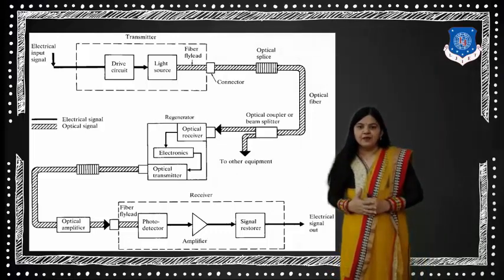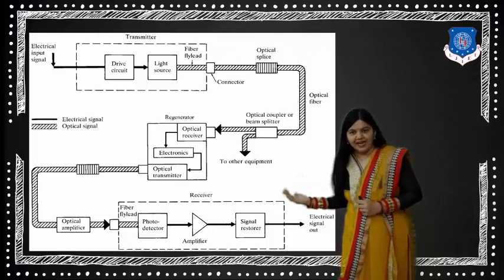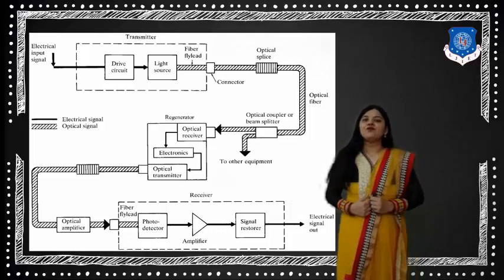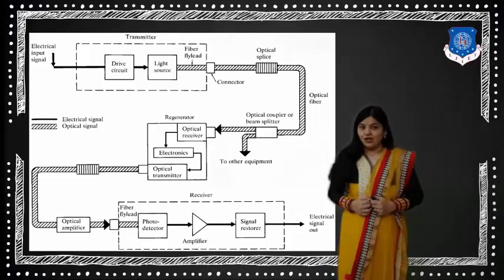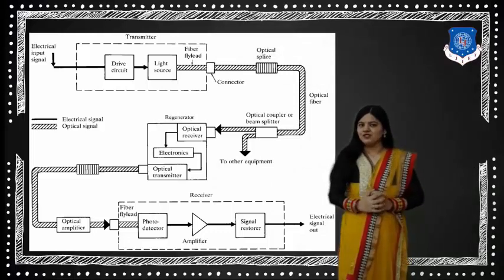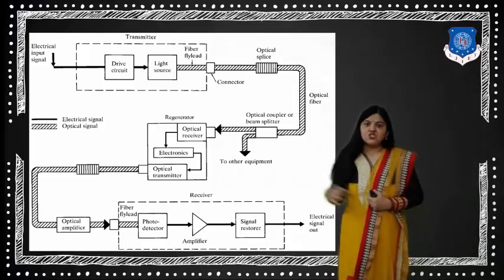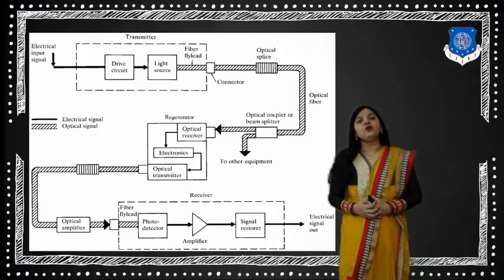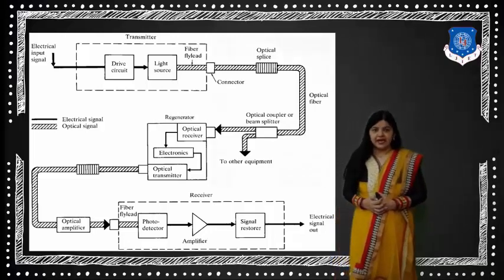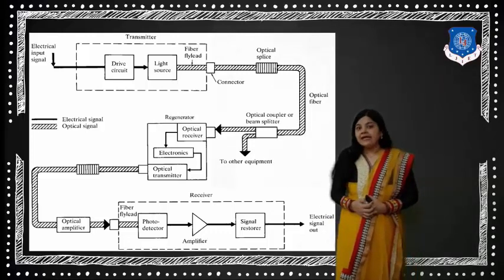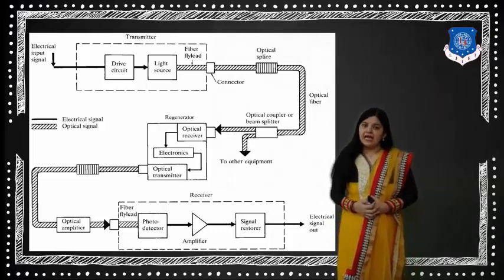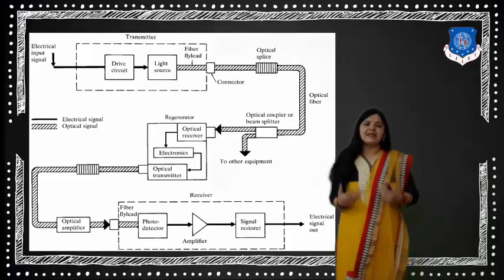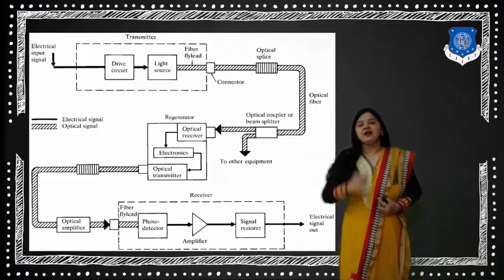Now the optical amplifier signal is connected via the fly lead and given to the photodetector. But we don't understand the form of the signal, that is light, so we always need to convert that light form of the signal into the electrical form. So at the optical receiving end, we need to use the photodetector. The photodetector will convert the light pulse into the electrical form, and that signal again travels a longer distance, and that is why we need to amplify that signal.